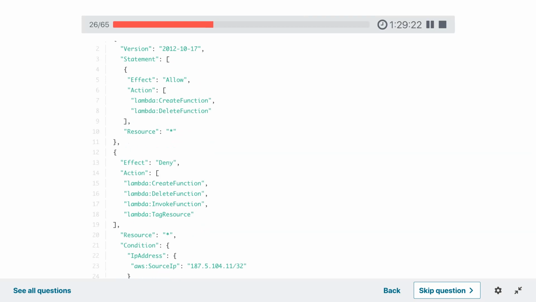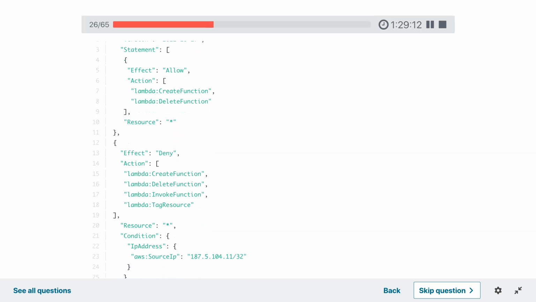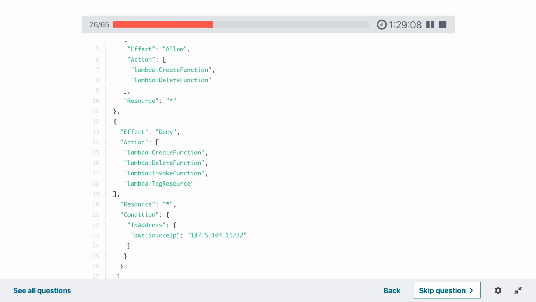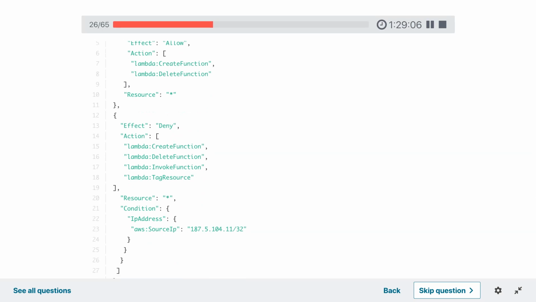At the same time, it denies the actions create, delete, invoke, and tag resource on all the resources. But it has a condition for a specific IP address. When the source IP is this particular IP, then you will deny this, otherwise not.